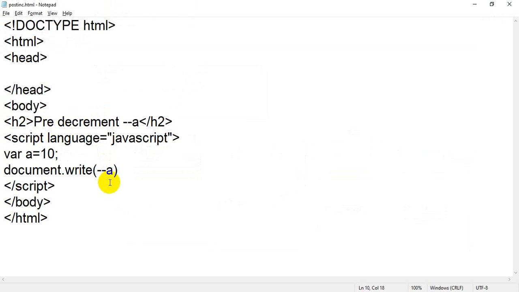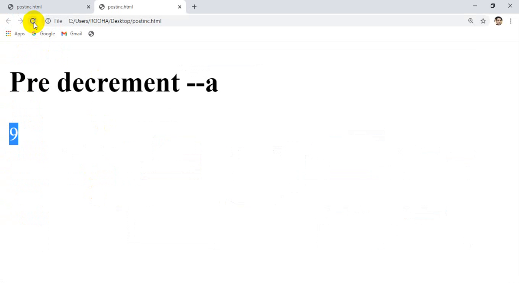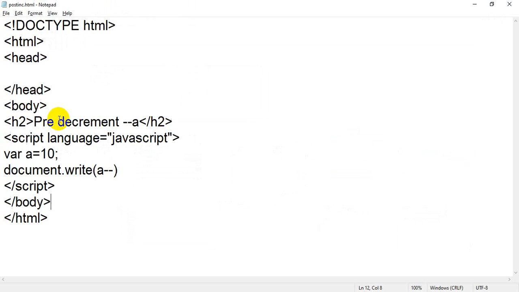In the same way, if I write it in this manner, there is post-decrement. In post-decrement, first it will display the value of a and then it will perform this calculation, meaning then it will decrease. But you cannot see the decreased value, so you will get the result as 10 only. Let me refresh. Now, because first it displays the value, then it decreases. If you want to see the final value, just add one more